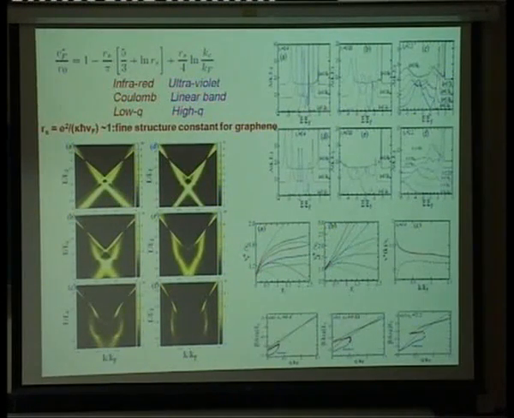Now, I should mention, all numericals I'm going to show you, if it doesn't say anything, it's for graphene. If it's for TI, I'll have the word TI in various places so that you don't get confused. So you can see there could be a fairly large correction. This is all as function of RS, Fermi velocity. And there could be some large correction, but the correction is about order a factor of 2 or something like that. If you look at the spectral,